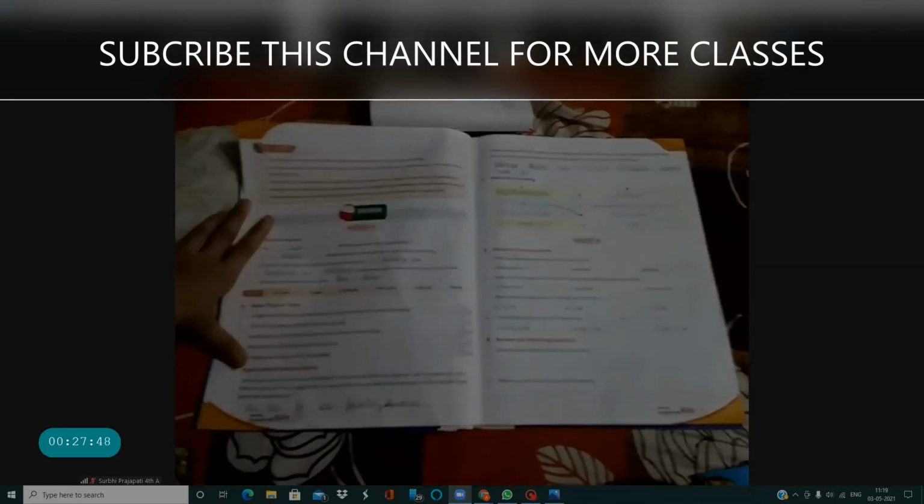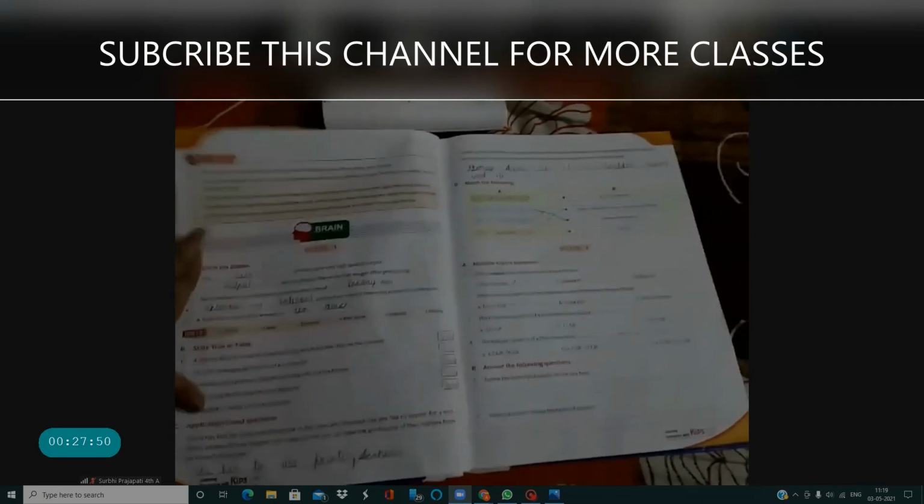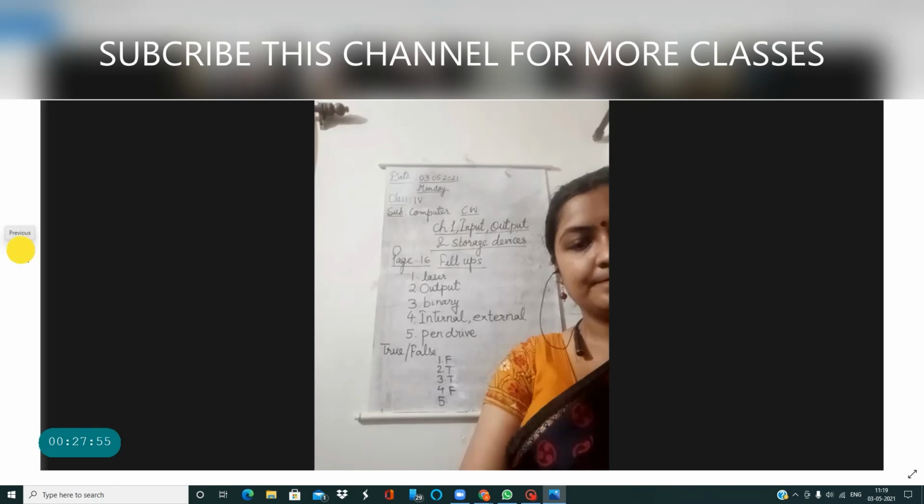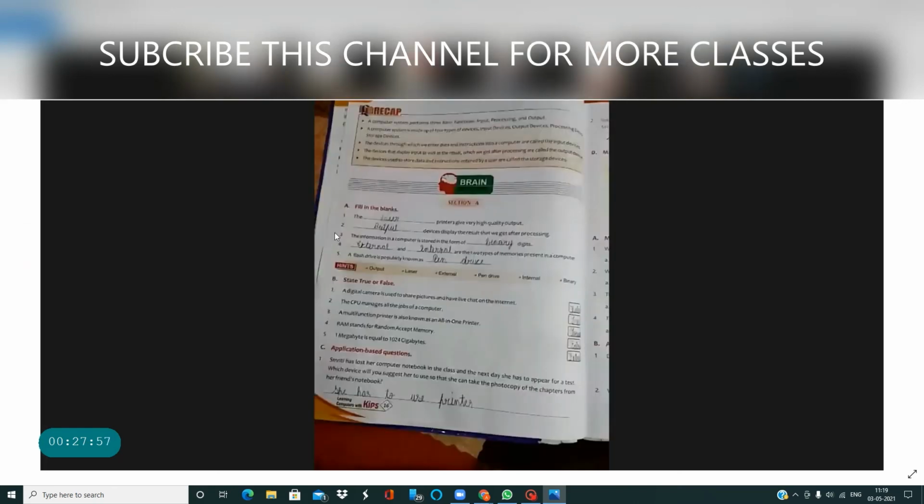Okay. Now, again I am saying, correct the question. Now listen to me first of all. There is one mistake in the question of MCQ first question. It is written which output device. You have to correct that output and write input, because microphone is your input device. Which input device is used to record the sound? The correct answer is microphone, but there is a problem in the question. So correct the question. Yes.